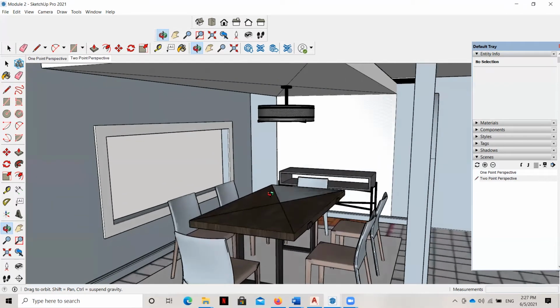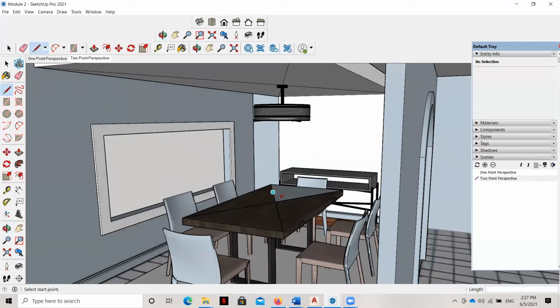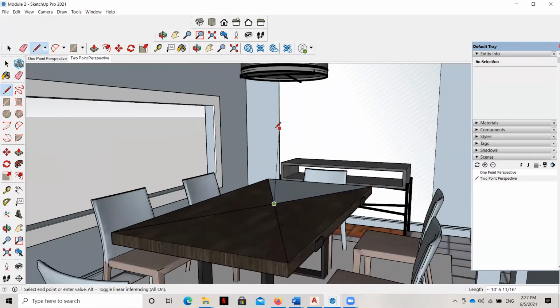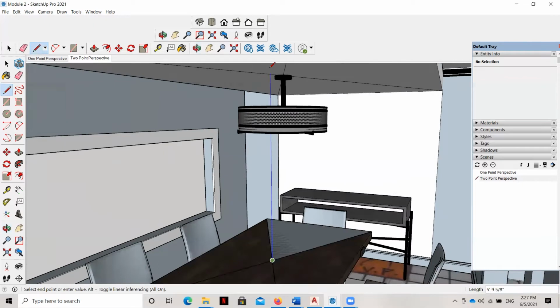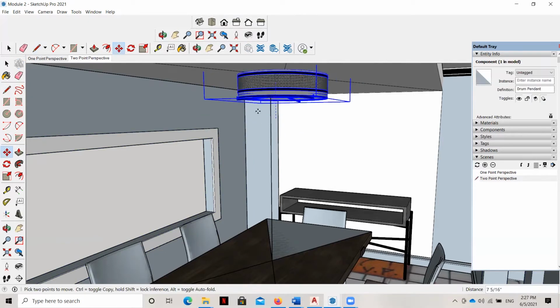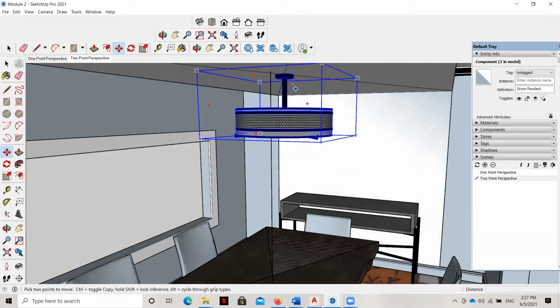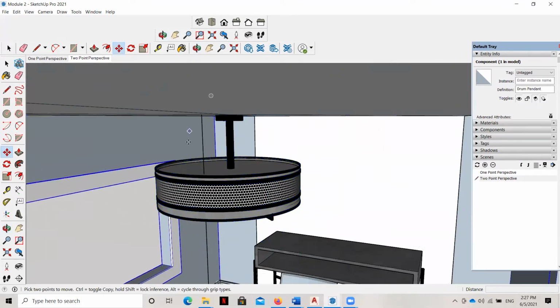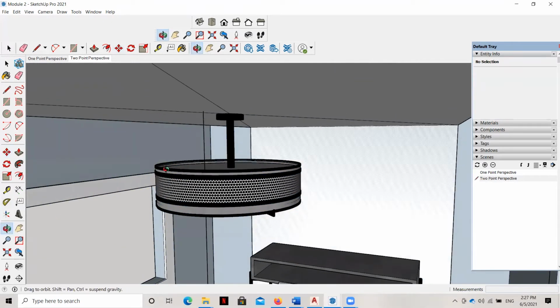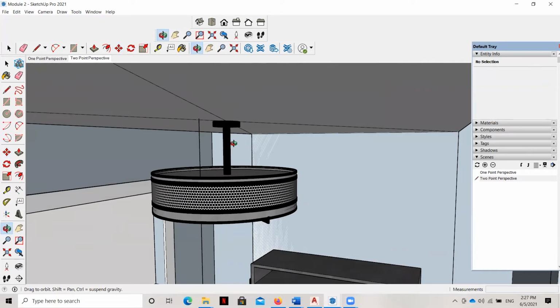Okay, so what we're going to do now is I'm going to draw a line on the blue axis coming straight up. You can see that blue line? That line's going straight up. And right now, we don't actually have a good spot for it to end on the face, but you can see right there, that's where it would hit on the ceiling right above it. And so now all we have to do is grab our light fixture, and we're going to move the center line of the escutcheon plate here, and we're going to move it to the top of the line that we just drew. So in order to do that, we have to make sure that we grab the very top of this thing.